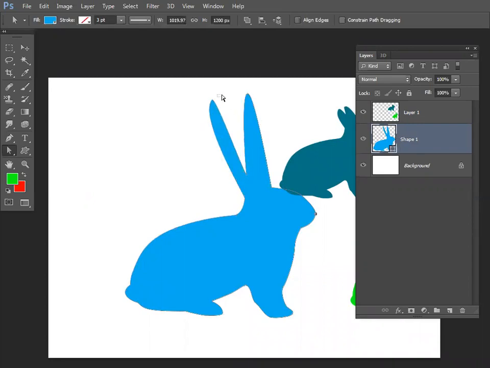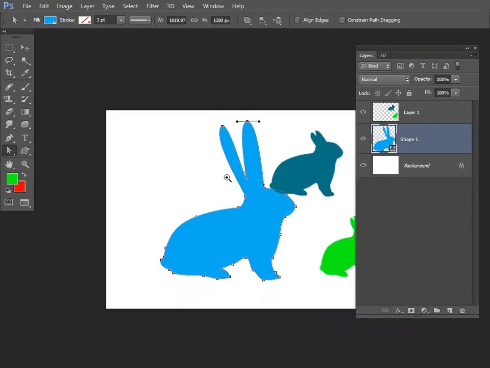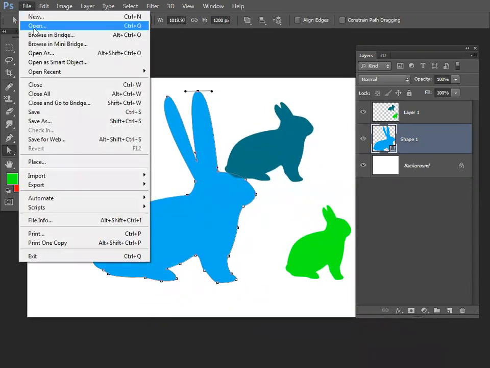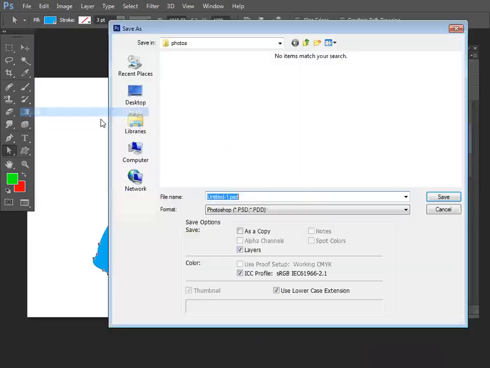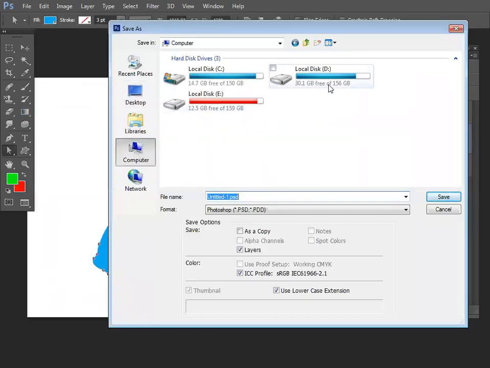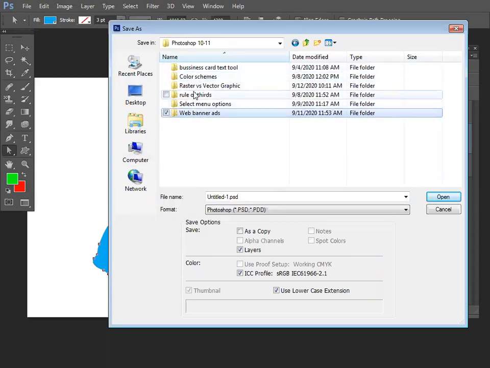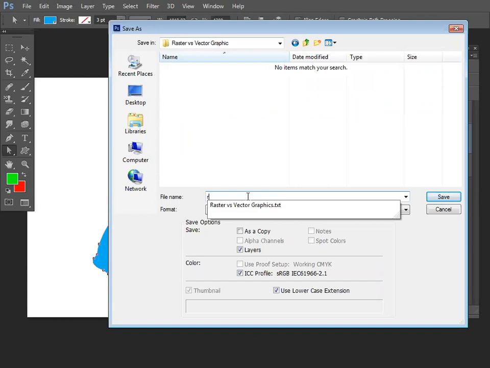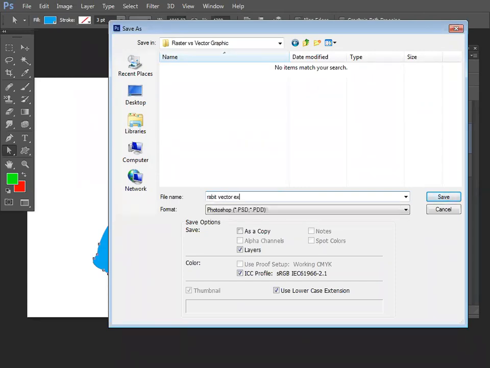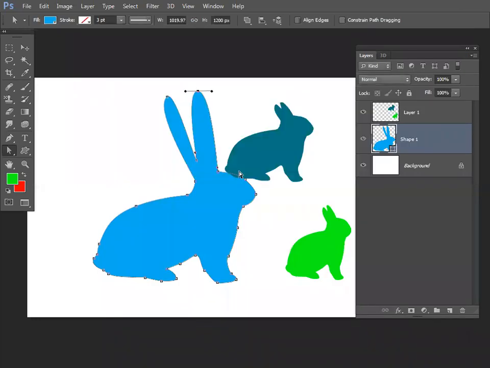I can modify that. The advantage of having path is we can modify even after closing and opening the document also. Like if I save this file. Okay, I saved this file.